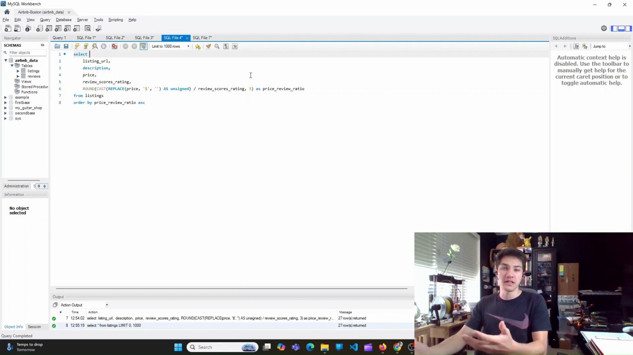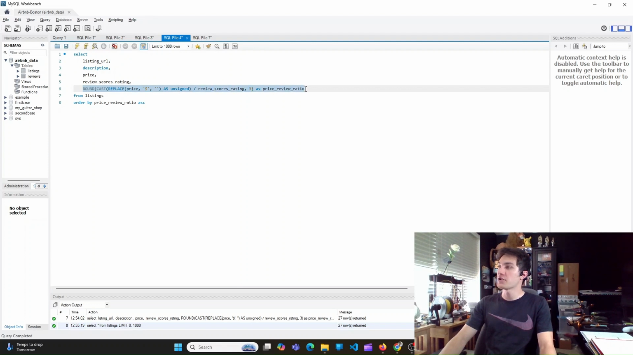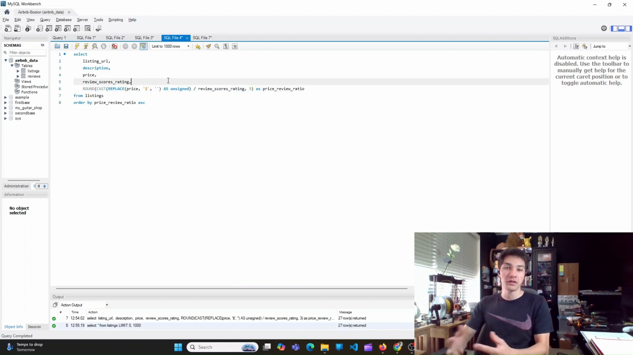Well, I already wrote the SQL query, and here it is. What we're doing is selecting the listing URL, the description, the price, and the review scores rating, just so we have that as reference. And then in line 6 here, we are doing the calculation. It's a very simple calculation. It's just the price divided by the review scores rating with a little bit of string manipulation so that